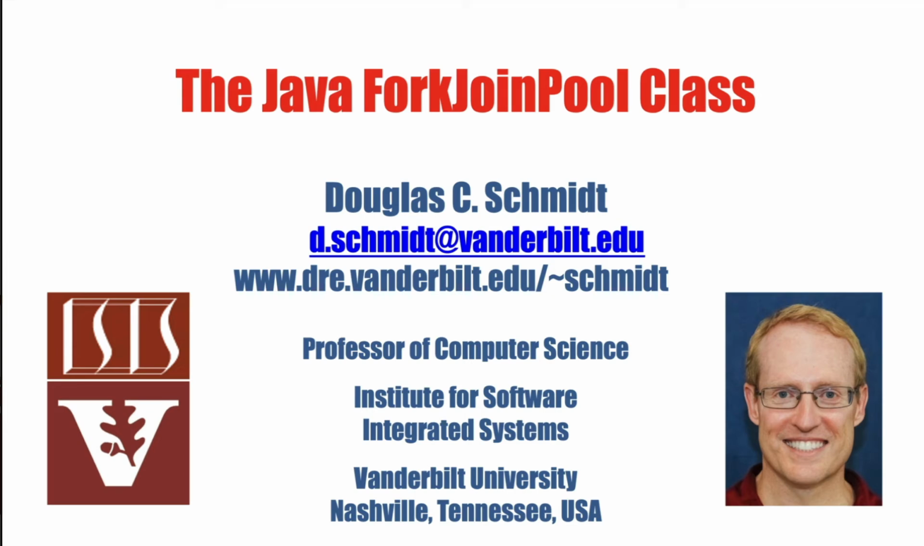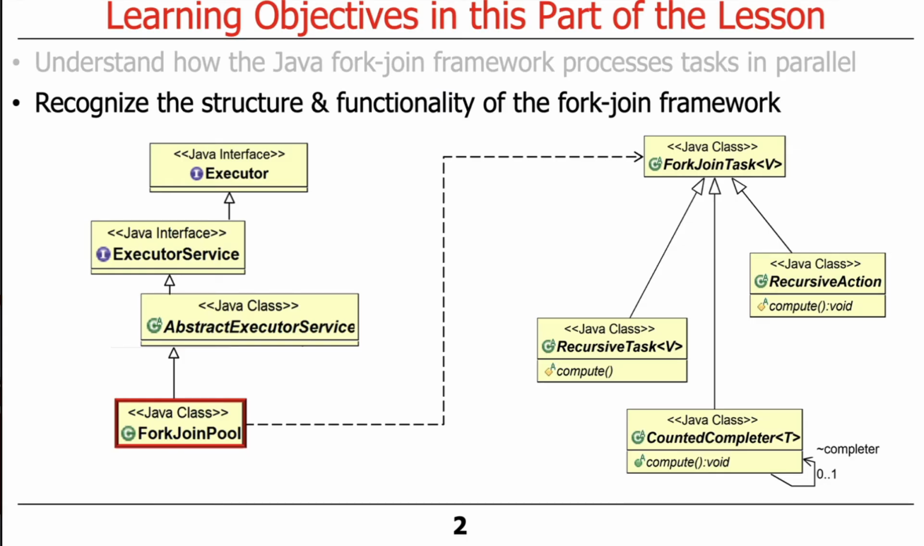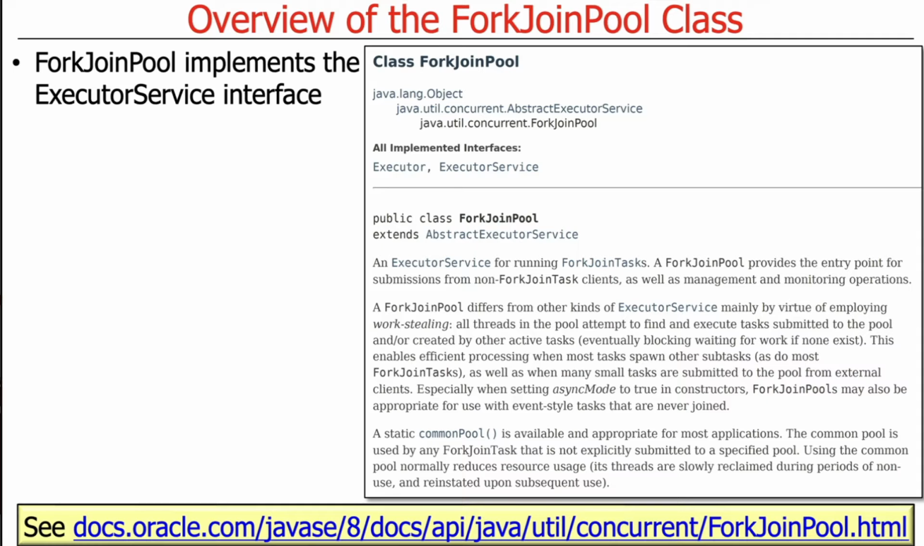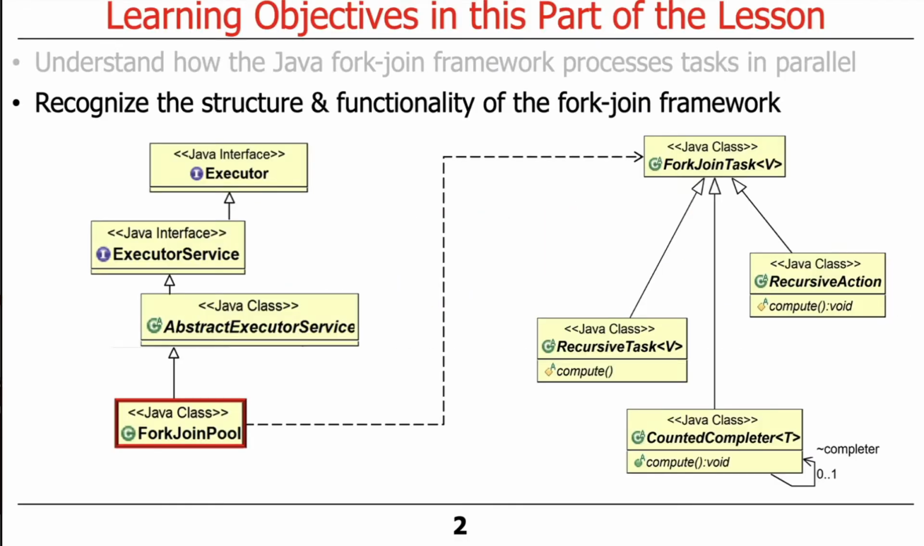So now that you know a little bit about the Java fork join framework, let's talk about some of its key class elements, starting with the Java ForkJoinPool class. And you'll see that it's one of a number of classes that are central to understanding the structure and functionality of the framework. So ForkJoinPool is a class, and you can see over here it implements the executor service interface